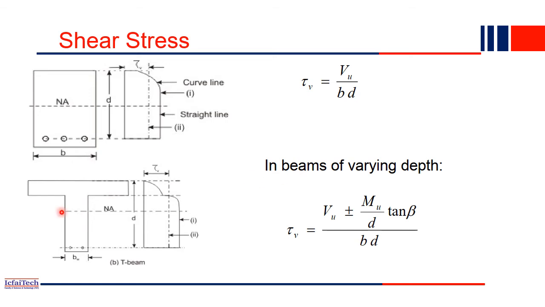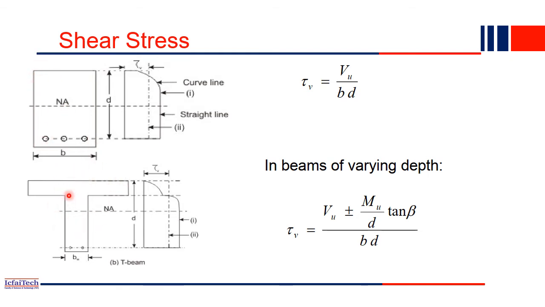Now similarly, if you have a T-beam, in reality most beams are actually T-beams, not rectangular beams, because when we cast our structure, the beam and slab are both cast monolithically, meaning together, at the same time. Beams and columns, or beams and slabs, are cast in the same time. That's why in reality the beams are actually T-beams, not rectangular beams. So it is actually a T-beam.